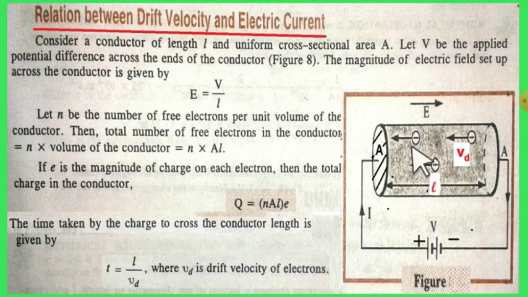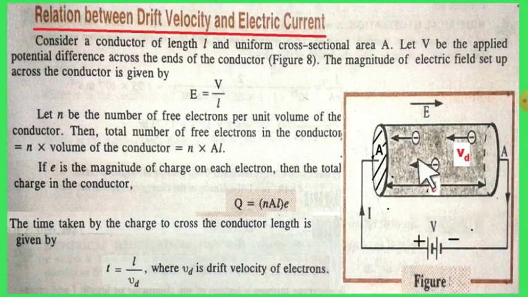Let's see the relation between this drift velocity and the electric current. So this is just the diagram that I have shown you. Now let's see. Consider a conductor of length L, having uniform cross-sectional area A, and let V be the potential difference applied between the two ends of the conductor. Then your electric field between the two ends of the conductor can be expressed as V divided by L,